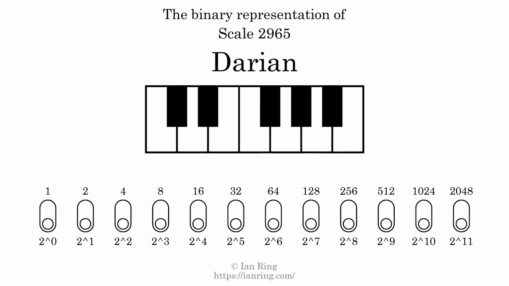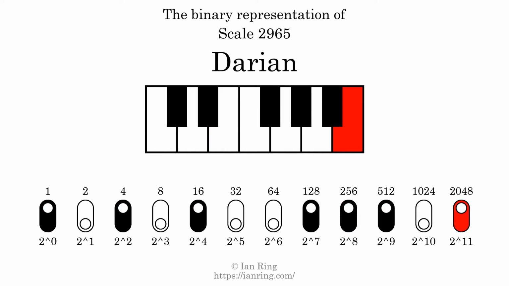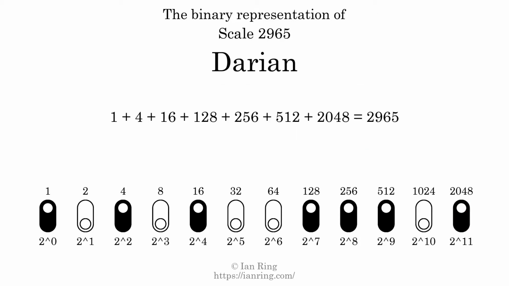The binary representation of this scale is determined by mapping tones of the scale to binary digits. Each binary digit represents a power of 2. To get the scale number, we add the powers of 2 together. The powers of 2 that are present in the scale, all added together, equals 2965. That is why the scale number, in decimal, is 2965. The scale number not only enumerates the scale with a unique index, but it also literally describes the tonal content of the scale. Represented as a binary number in base 2, the scale number is